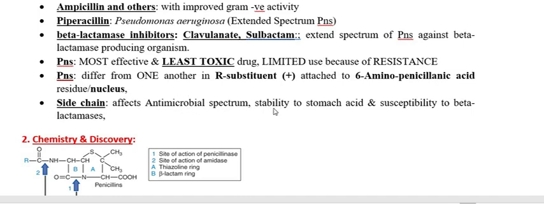It also enhances the stability against the stomach acid. It also decreases the susceptibility, that is, it decreases the sensitivity to the beta lactamase enzyme. What does it mean? It means that these